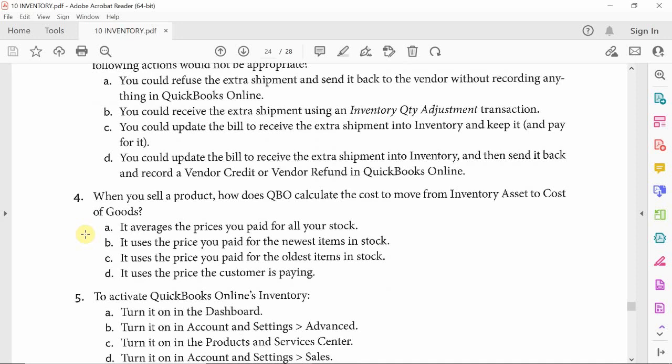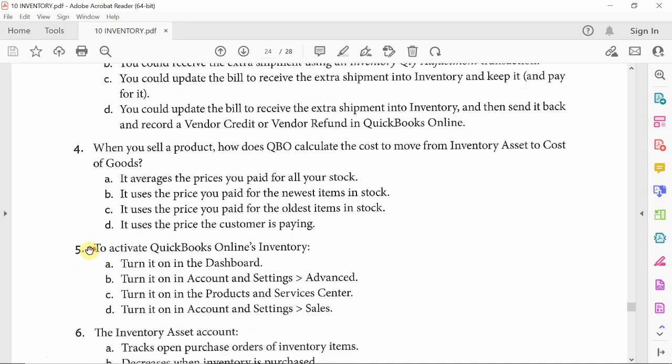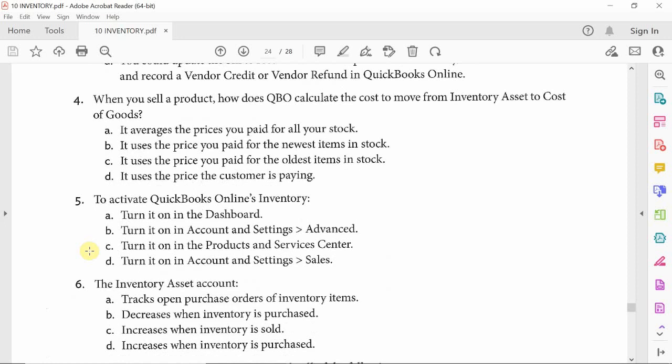So this is referring to the first in, first out method. So that would be C. It would use the price that you paid for the oldest items in stock. Yes. Right? Number 5, to activate QuickBooks Online's inventory,